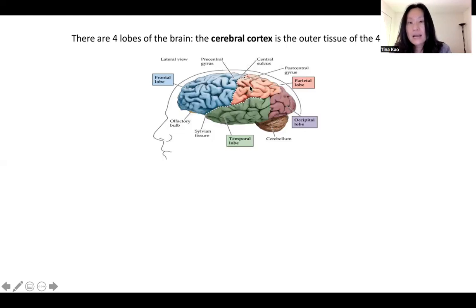And within the parietal lobe, kind of this top part of the brain, the cortex of the parietal lobe houses a bunch of neurons that allow us to process the cutaneous senses, touch, vibration, and so forth. And within the cortex of the frontal lobe